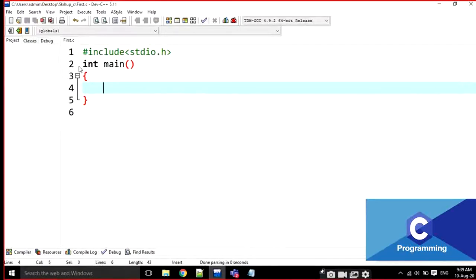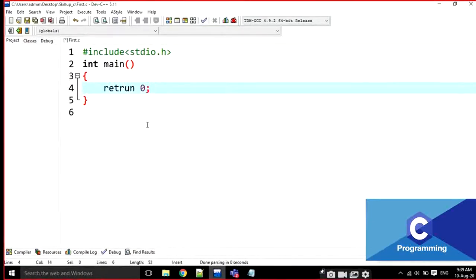When we are writing the program, if you open one bracket, immediately, at the same time, we have to close it. That is the best practice every time. Then only we write the code. Yes, I am writing here int main. First of all, how are we going to write? Syntax. We have to write the syntax first and go for the content every time.